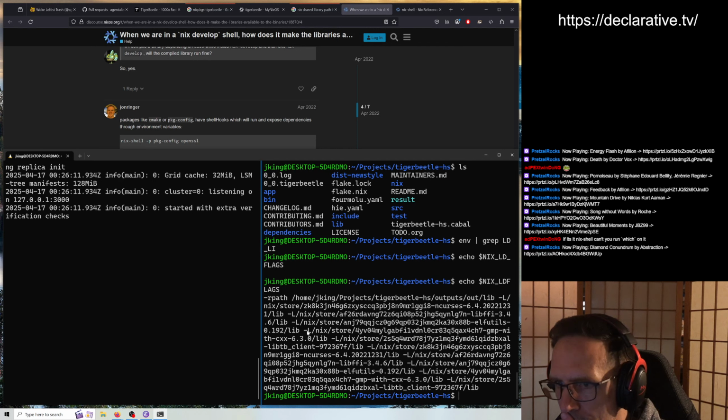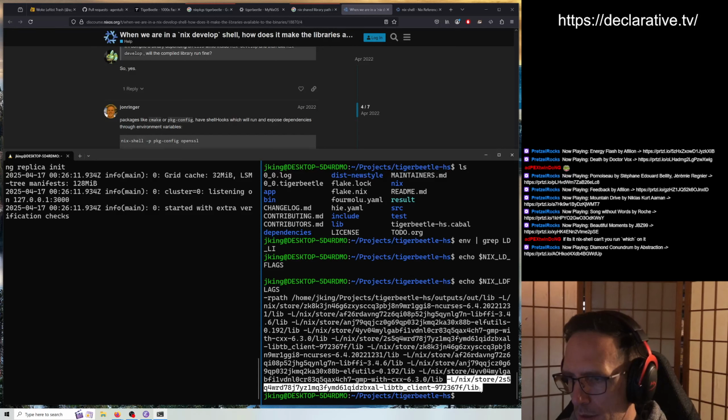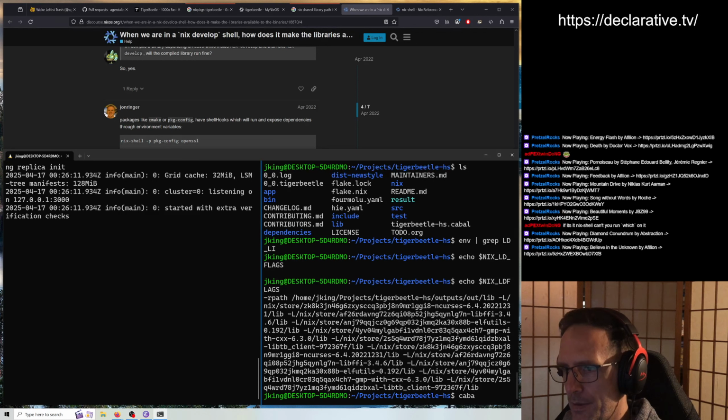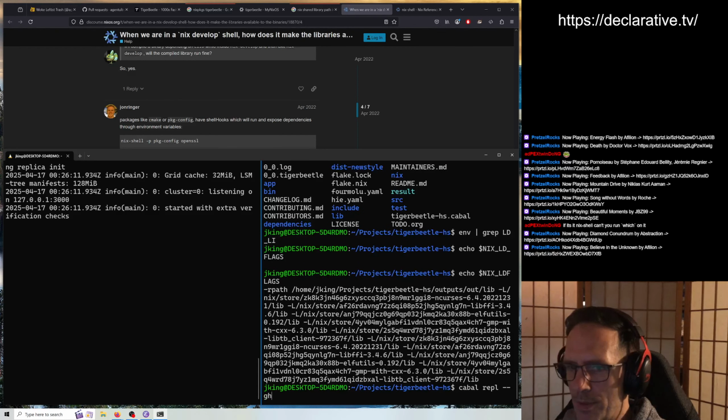FFI, ELF utils, GMP, and curses. And libtvclient right on the end there. Okay, that's good. That's what we need. That path. Maybe there's a way I can do this just for firing up cabal repl. cabal repl --ghc-options